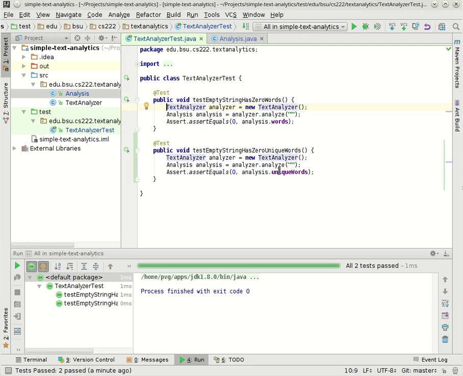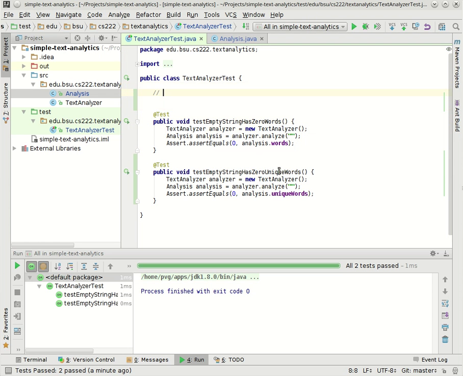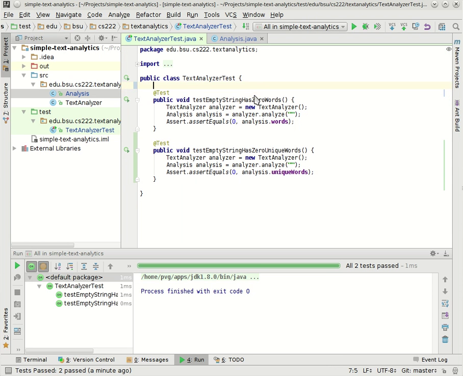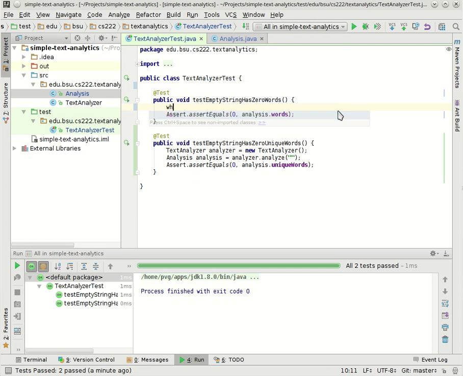There's a very nice structure to unit tests that I like to use called given, when, then. And the idea is that you establish what you have going into a test, and then you identify what the action is that activates the thing you want to test, and then you say what your conclusions are. So let me show you what this looks like in practice. There's more than one way to do this, of course, but this is the way that I like to do it. So I'm going to pull this out and say, when analyzing the empty string,